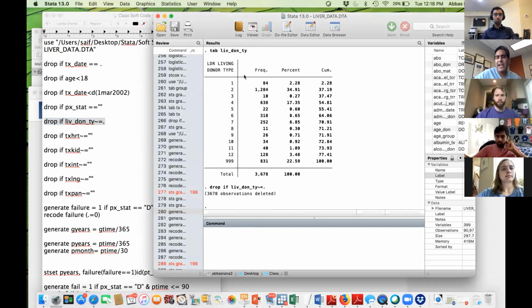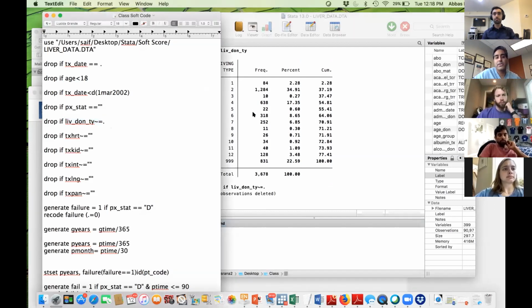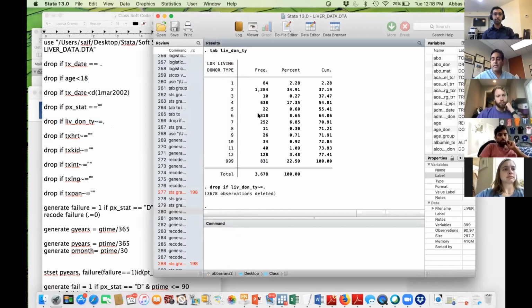Now, this is really a categorical variable because these 1, 2, 3 are different types of live donor transplants. Ideally, if it was accurate, it would be coded as a categorical where you would have to put double quotes. But there are different errors that happen, and this is an example where even though it's categorical, it's actually coded as a continuous. I know that from trial and error because I tried to do it as a categorical, it didn't work. Then you realize that it is actually put in as a continuous, even though it is a categorical. And that's the reason we use a period. We drop basically anyone who has an entry completion